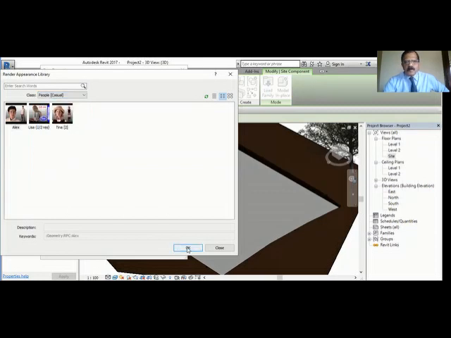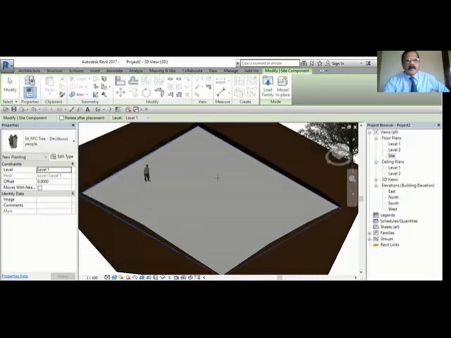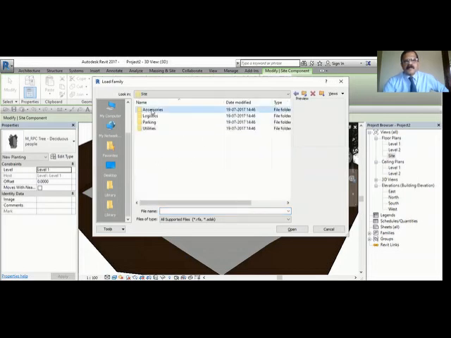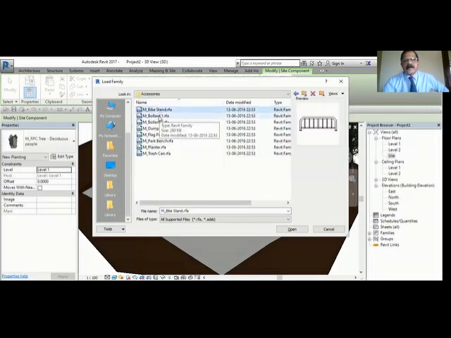So what we'll do is we'll go to load family. Go to load family, and there are many things available. If you go to site, accessories, you have a stand, billboard.